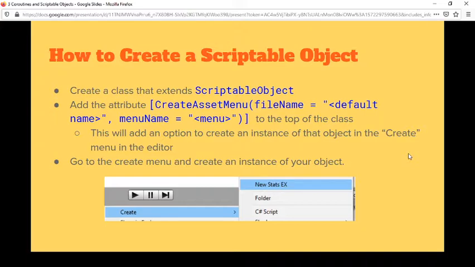But the short of it is, the attribute we're going to talk about is CreateAssetMenu. And so you know how I said that the scriptable object can be created as a file? CreateAssetMenu is how you actually tell Unity, I want this scriptable object listed as a file you can create. So the two main points are,